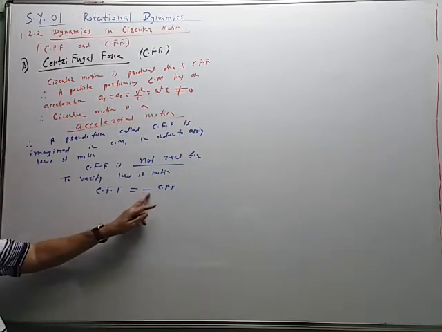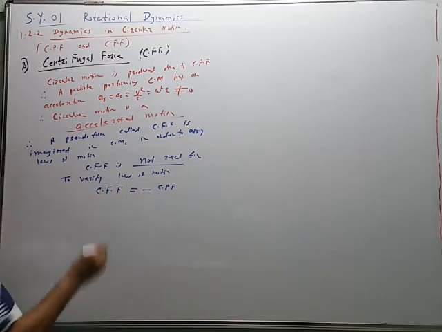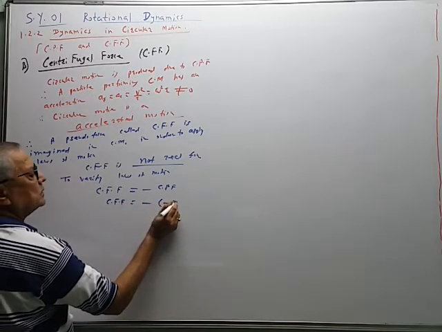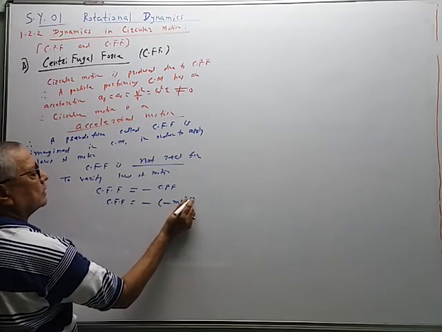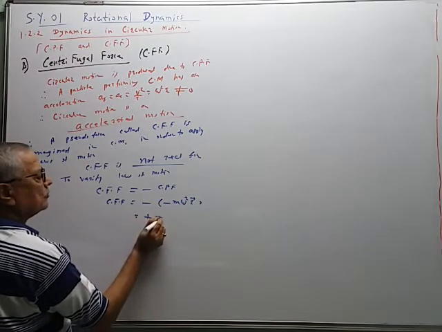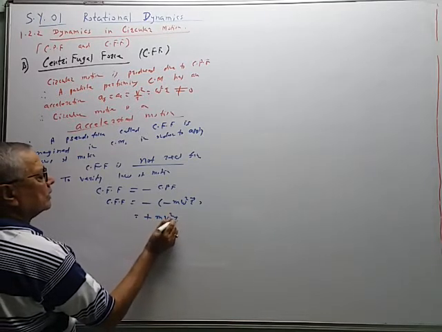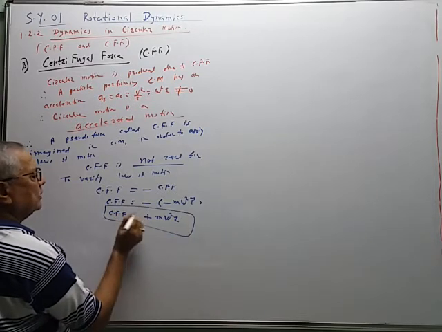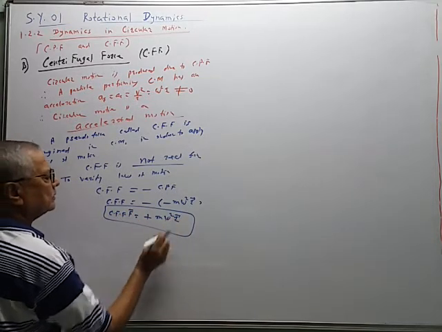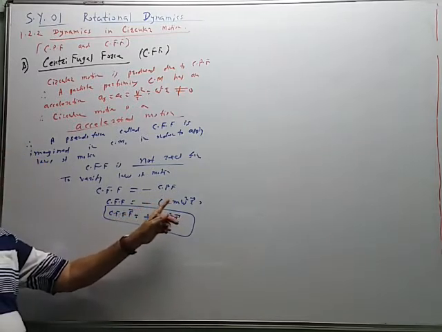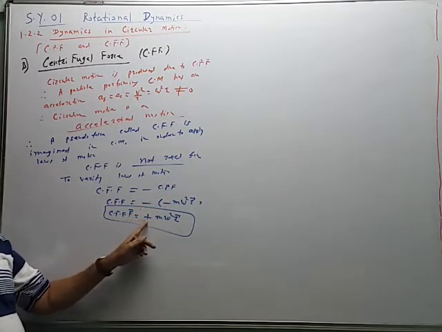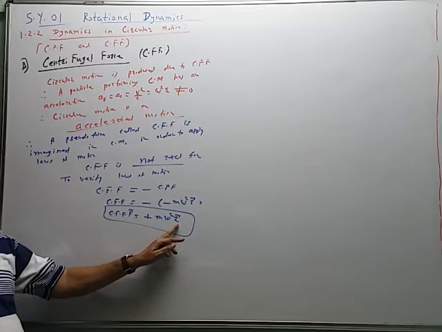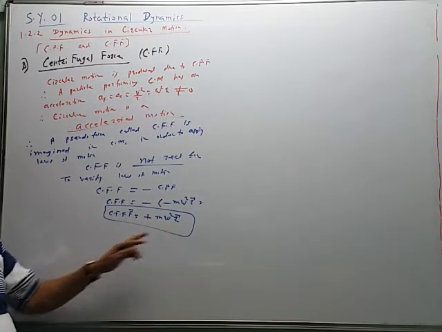So it is always opposite to the centripetal force, and therefore centrifugal force F_CF is equal to minus of minus m omega square r. Minus minus will become plus, so it is equal to m omega square r. Centrifugal force is given by this type of equation. In vector form, it is given like this. In centripetal force there is a minus sign. In centrifugal force there is a plus sign. Plus plus, same sign, same direction. So centrifugal force is directed along the direction of the radius vector r.